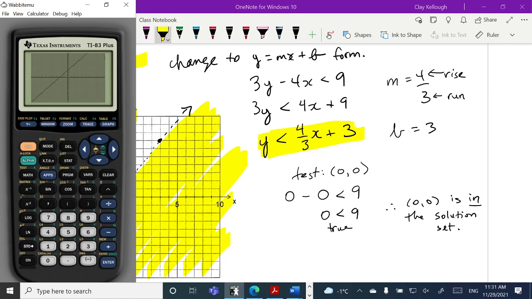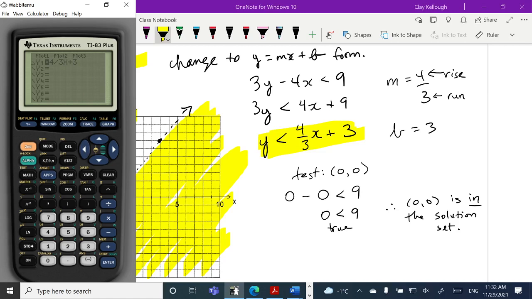And then you have to tell the calculator which side to shade. And I'll show you how to do that. Now, first of all, we want a dotted line. How do I do that? I don't remember how to do that. Actually, you know what? On this calculator, I'm not sure you can make a dotted line. Let's see. Maybe you can. Over here,